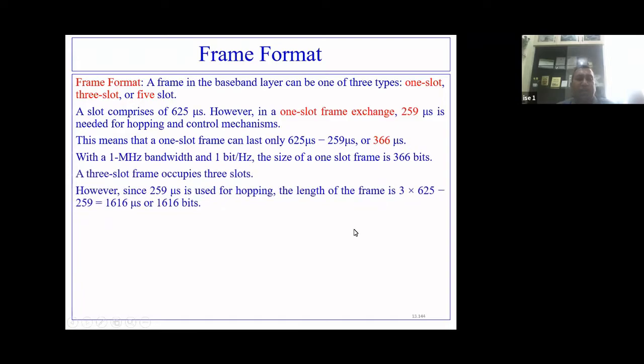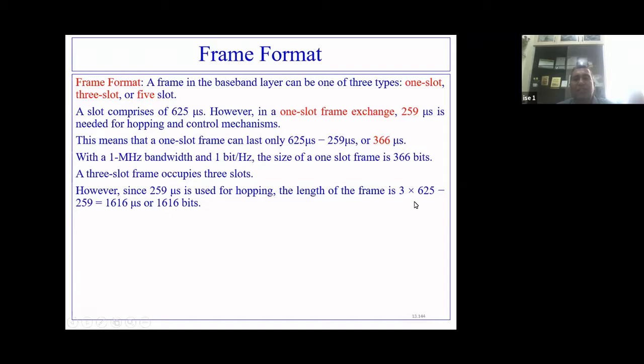A 3 slot frame occupies 3 slots. Since 259 microseconds is used for hopping, the length of the frame is 3 into 625 minus 259. You got the idea?